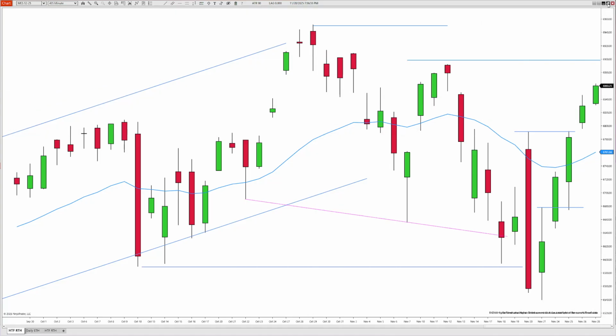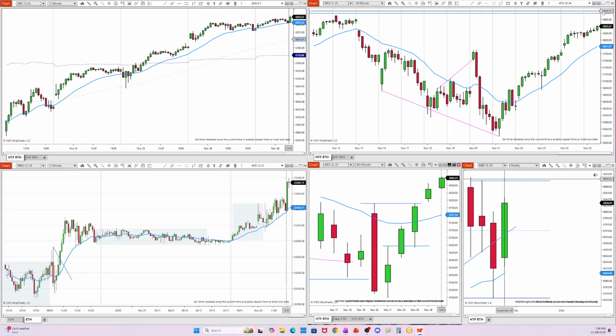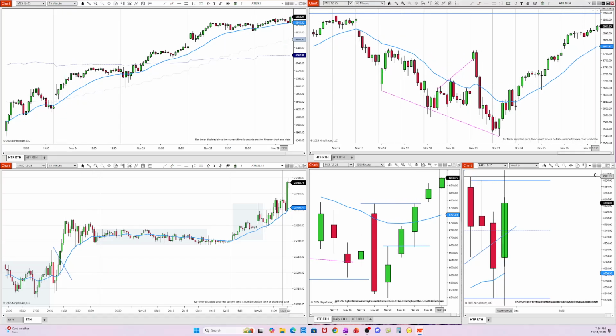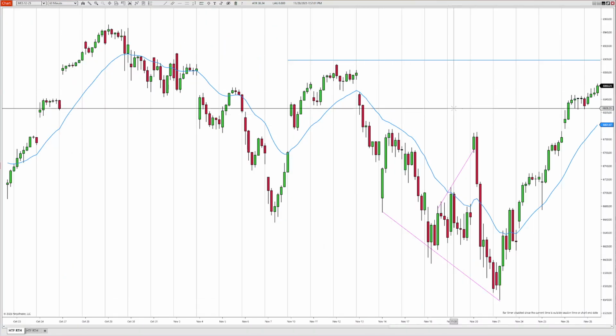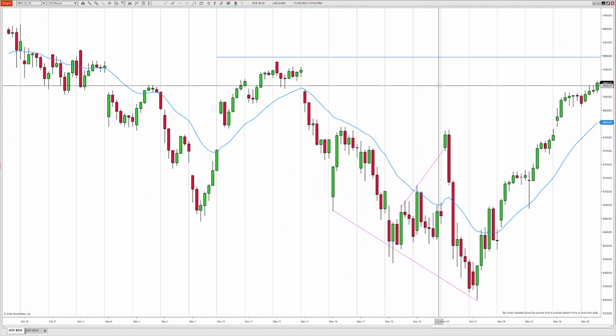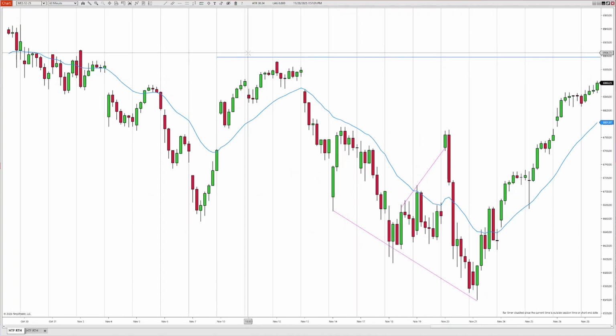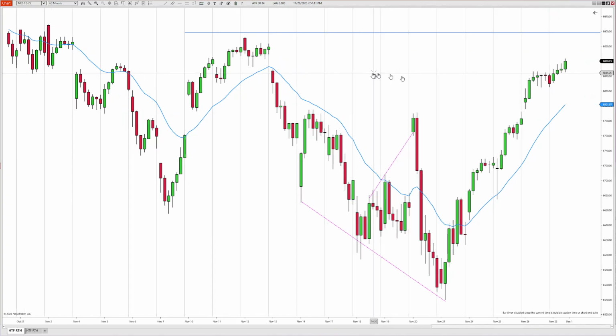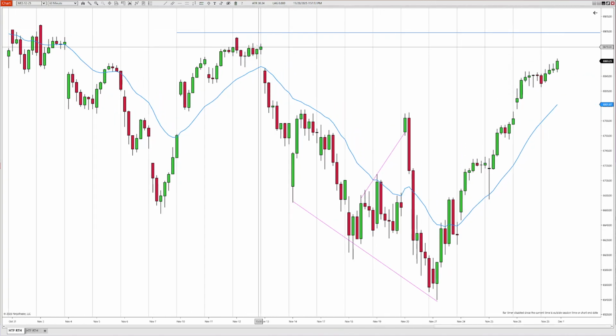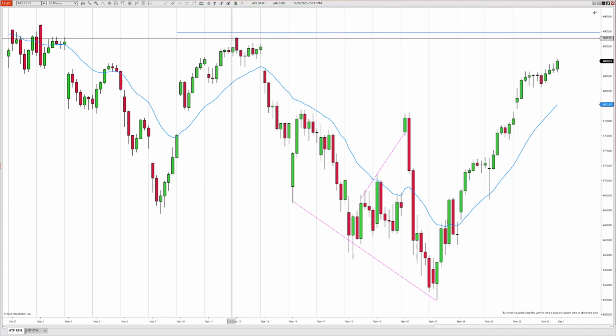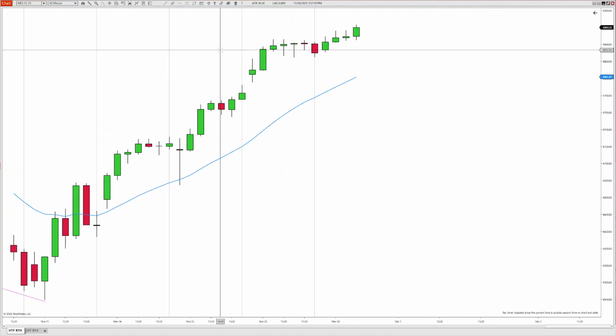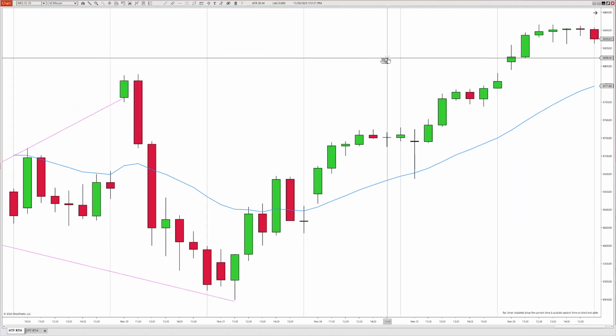All right, so we now look at the 60-minute chart. Again, our target, this is what I marked on the daily chart, on the weekly charts. This is the goal. And as you can see, we never got there on the weekly chart. So this is still the goal, probably for next week. But anyway, so on the 60-minute chart,